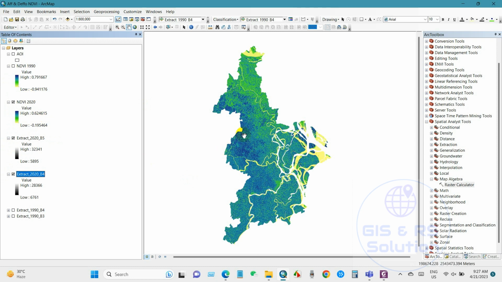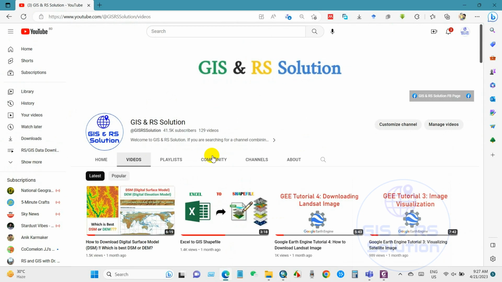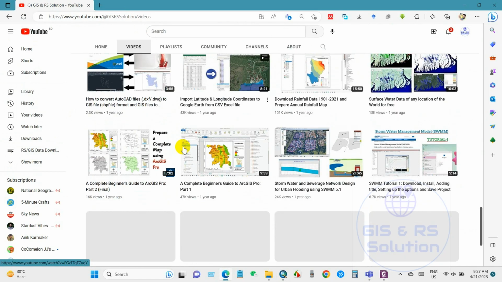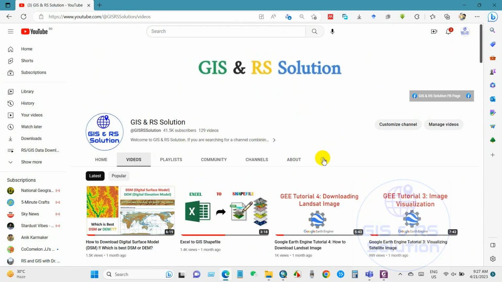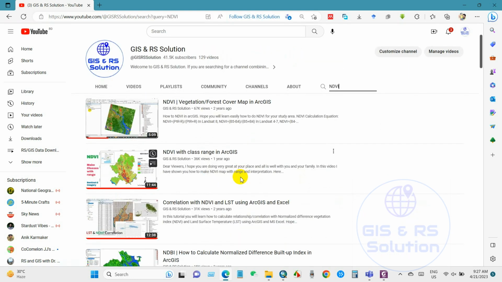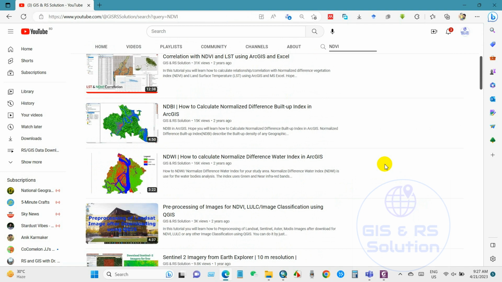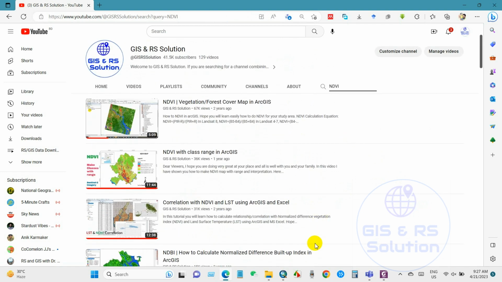for the NDVI 2020 map. I have not shown the detailed process to prepare NDVI maps. Just go to my channel, go to the search box, write NDVI and then you will find two videos. You will find these videos useful, I think, and easy. Anyway,